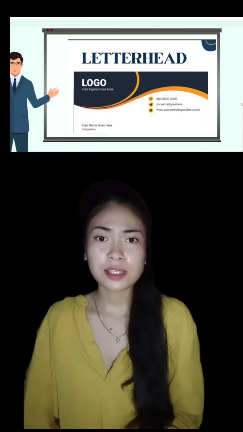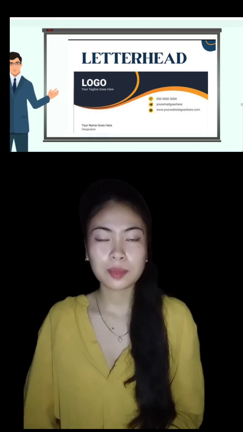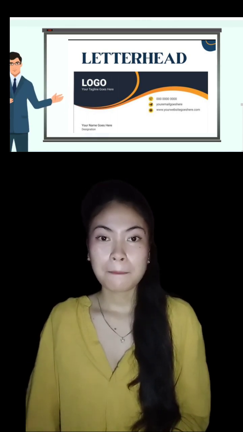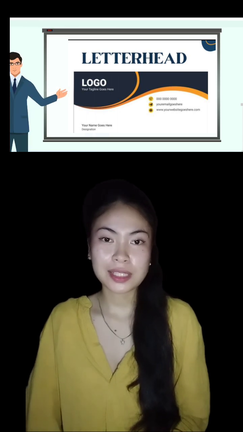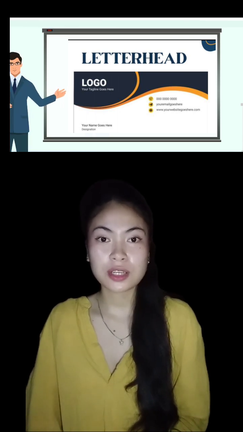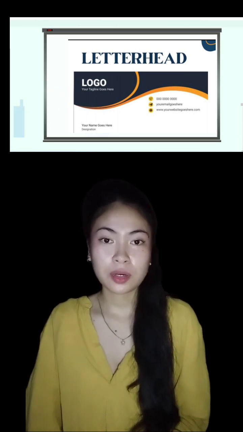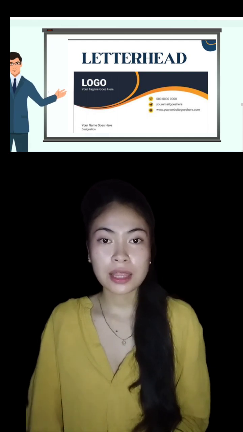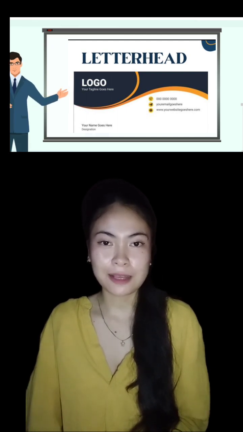So in writing this, you must include the lot, block numbers, street, barangay, municipality or city, province, region, and even your zip code in order for them to locate your location easily. So second is the date line. It is a part of the letter where it contains the month, day, and the year when the business letter